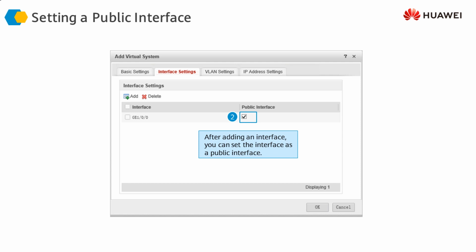Once the interface has been assigned to a virtual system, we just have to tick this checkbox to make this interface the public interface for that particular virtual system. If you remember, we said that we can configure any interface as a public interface for traffic monitoring and traffic measurement purposes. So this is how we define an interface as a public interface.